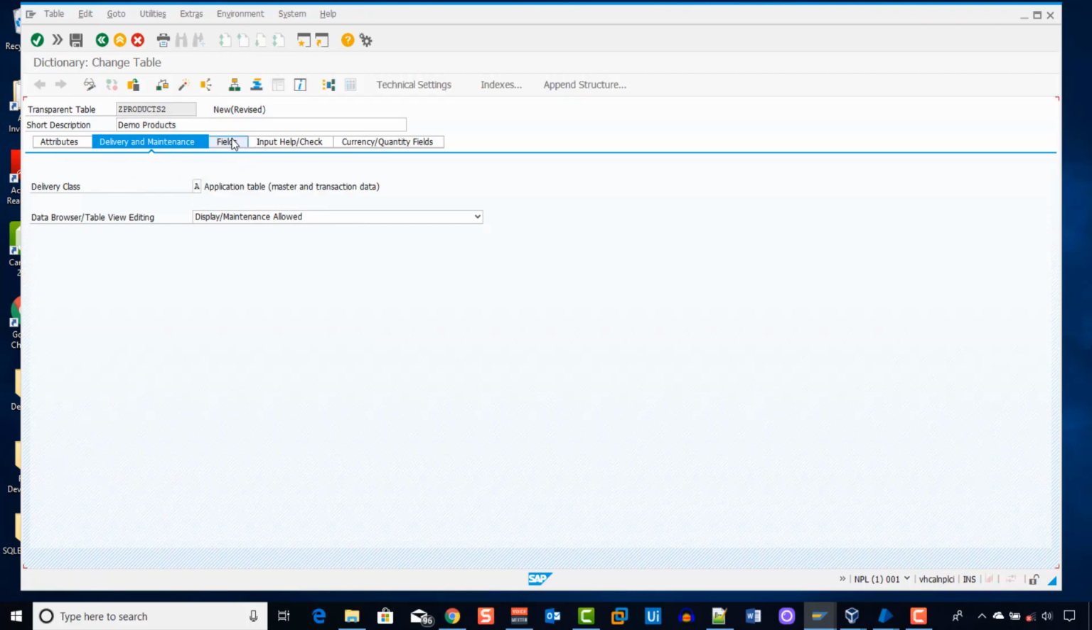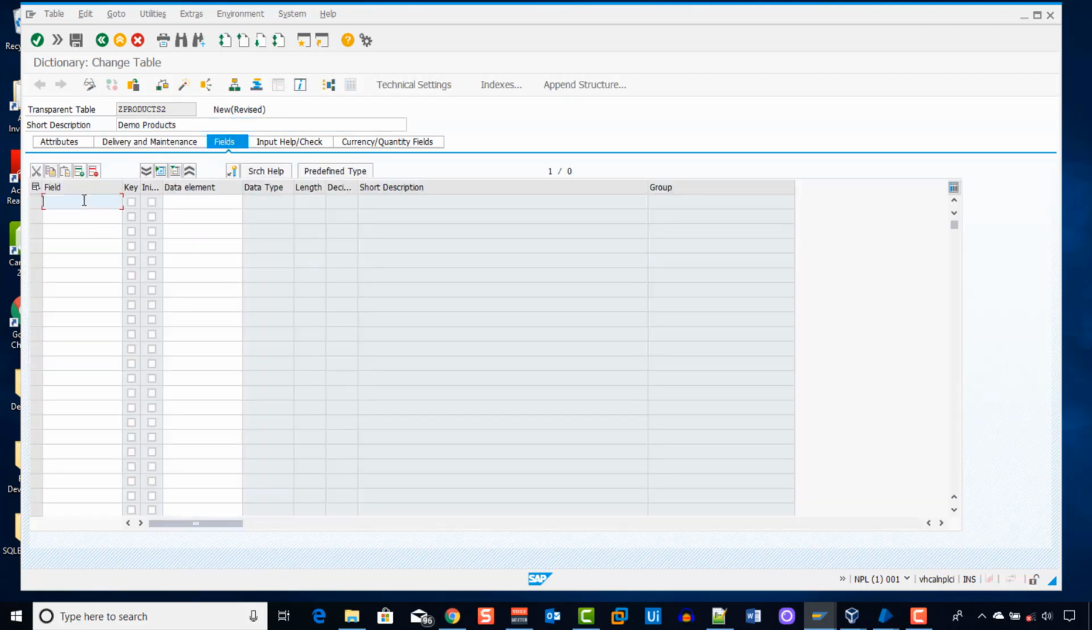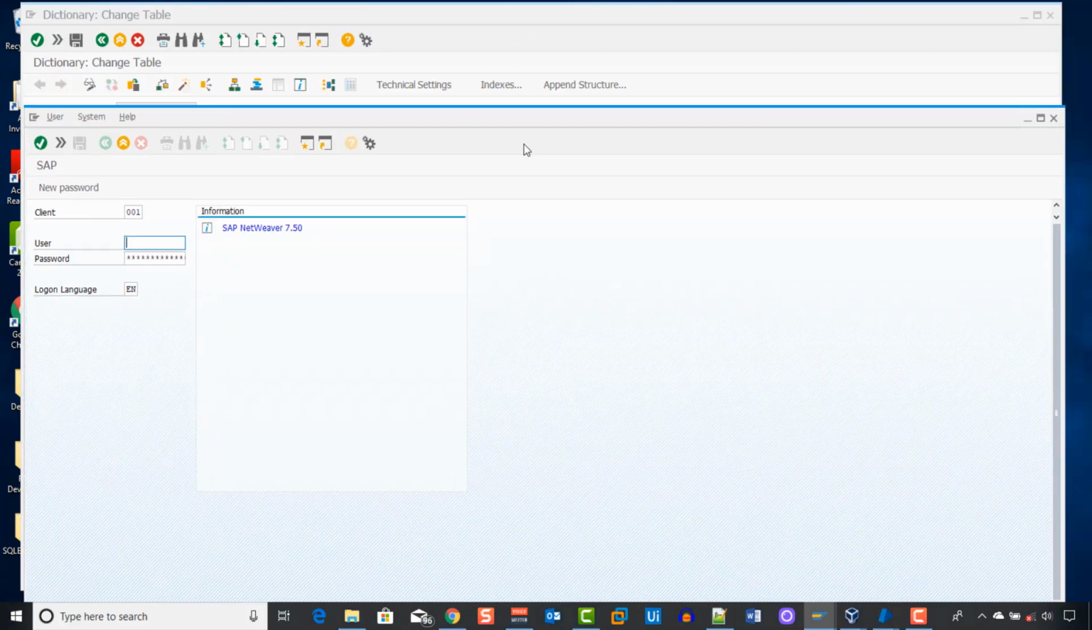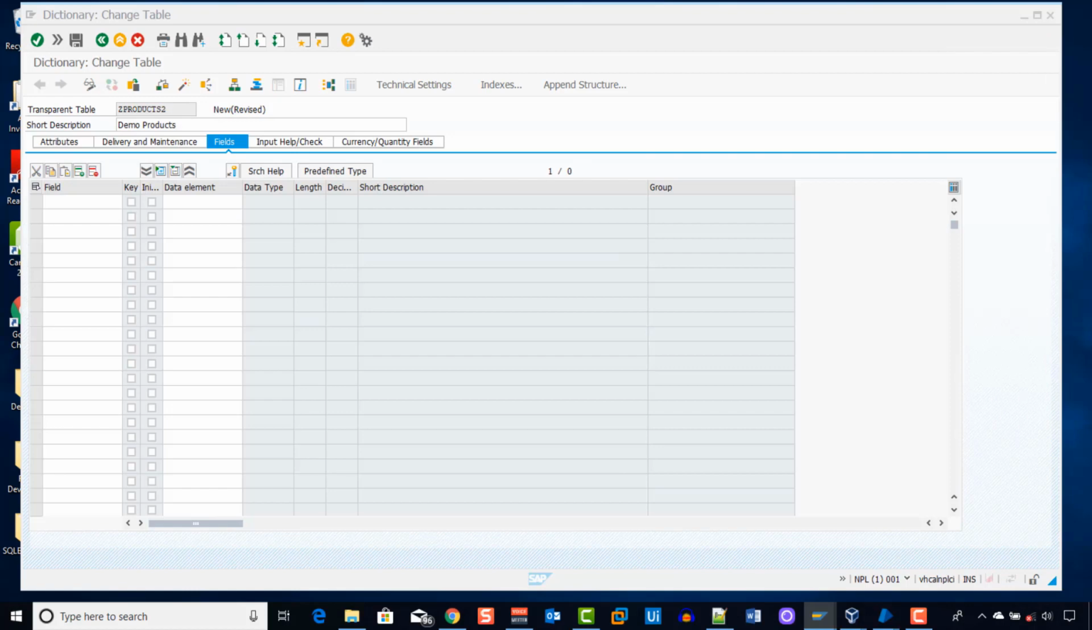Okay, and now we come to this tab called Fields, and this is where you can add in your fields. And I want to say, let me open up another instance so I can make sure that I'm giving you the tables that I'm doing myself. So